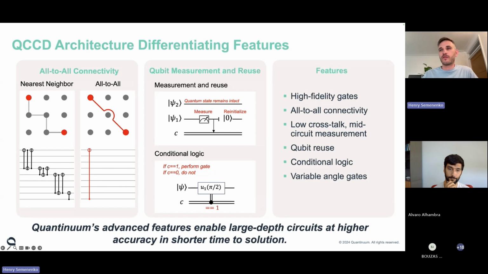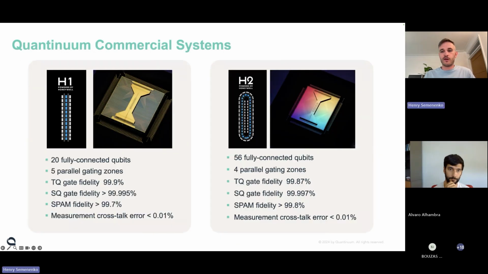And then finally, one thing which sometimes does come up in circuits is variable angled gates. So, we can have an angle gate which is not fixed to a specific operation, but can be a bit more continuous in a spectrum. Okay, and so